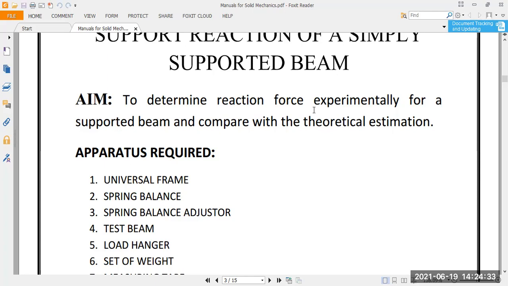And another type is there. The load is varying non-uniformly. So varying like a triangle, varying like an ellipse, varying like a parabola, like this. This type of load is also possible. And this is another type of distributed load. So what we have: pointed load, distributed load.